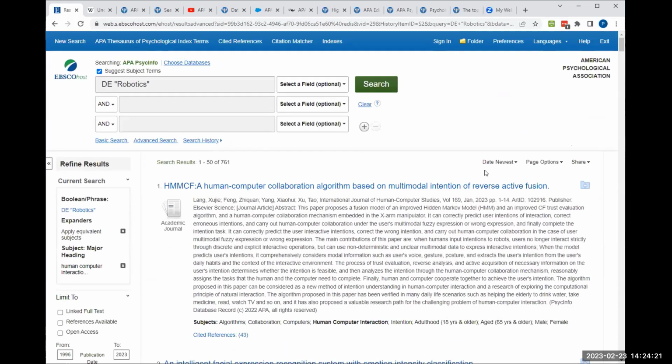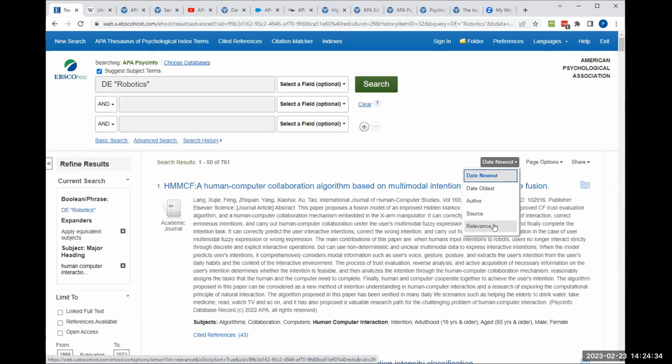As I mentioned up here earlier, we've got this sort function. So I can sort it by date oldest, as well as author, source, and relevance. I have to admit, I'm not quite sure how relevance is determined. These are algorithms that are going to vary by platform. I don't actually use relevance because I'm not sure. You're welcome to try that. I generally stick to the dates, but that may be something of interest to you as well. So if I choose date oldest,